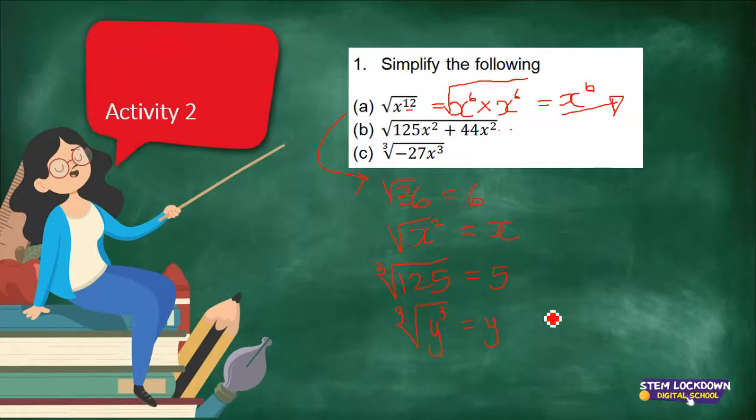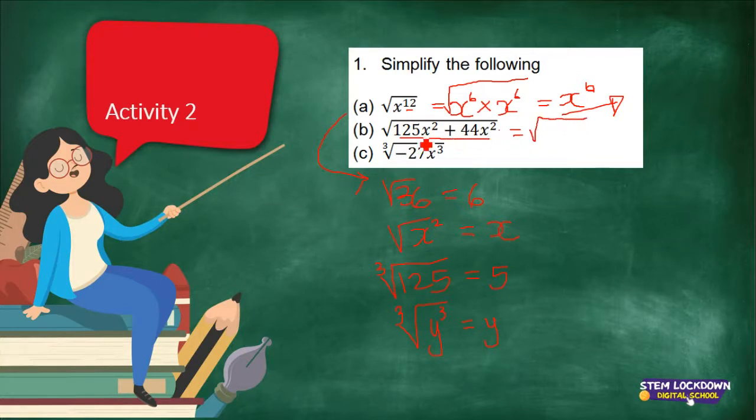Okay, so for B, let us do it together. Now, since we are adding, we cannot separate this. Like you cannot say square roots of 125 x squared plus square roots of 44 x squared, but you can add both. So your first step here will be